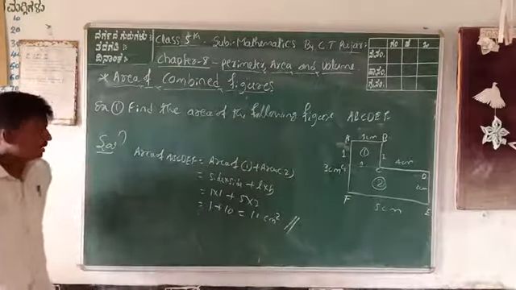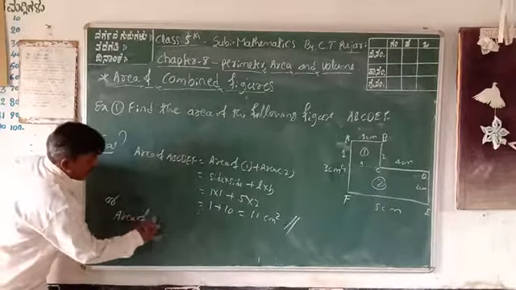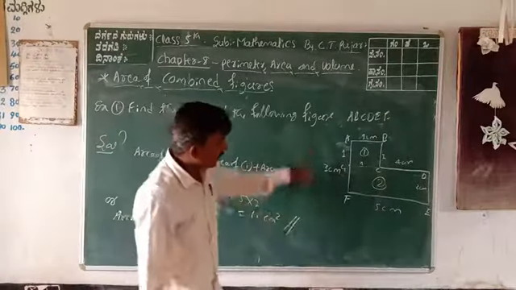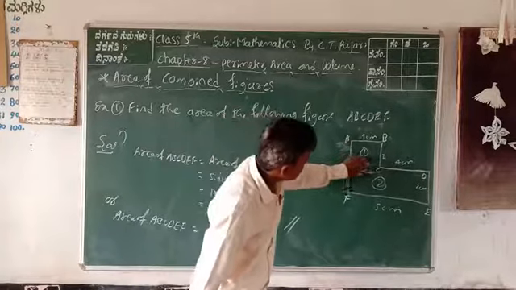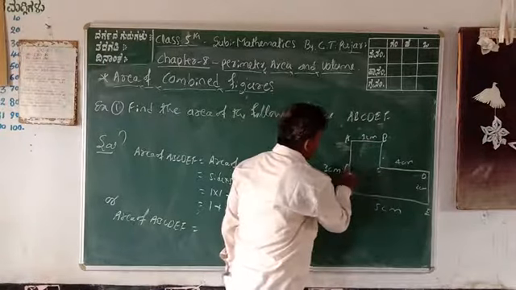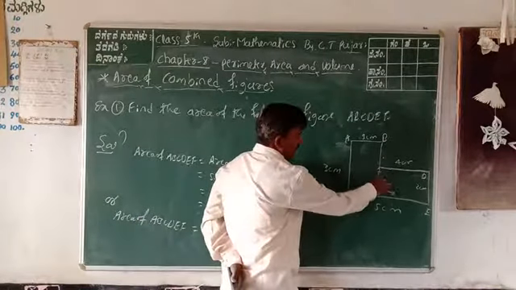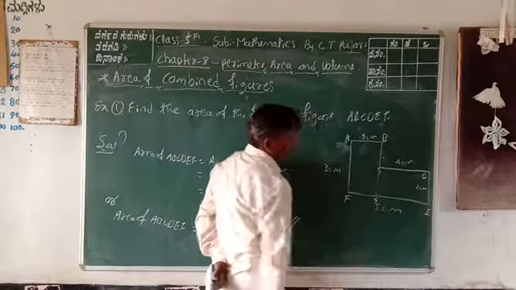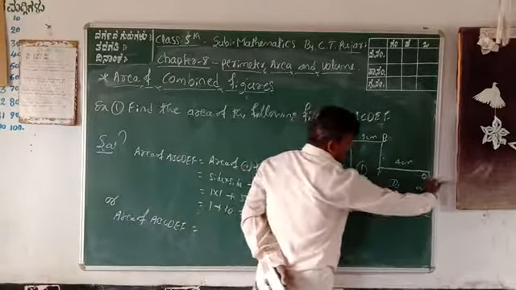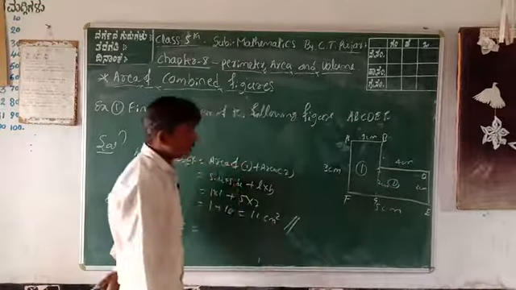You can find this side. Or otherwise, another method: the area of A, B, C, D, E, F is equal to. Again, the second method is, you can find out this line. In this given figure, draw this line. Therefore, you can draw this line. This also is G. This is the first figure and second figure. This is 2. Again, this also is 2. 2 centimeter. No problem.